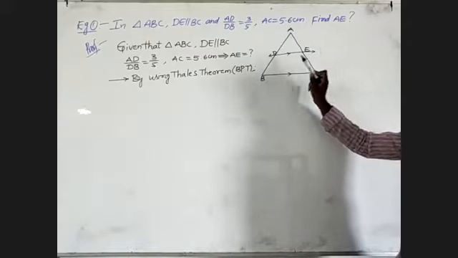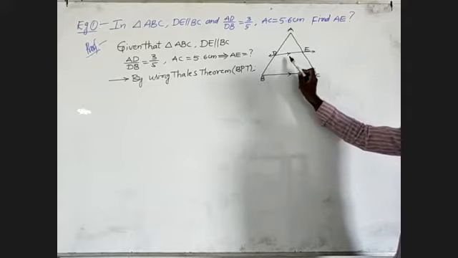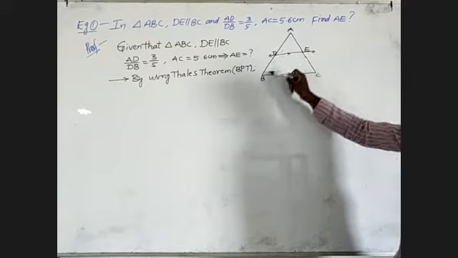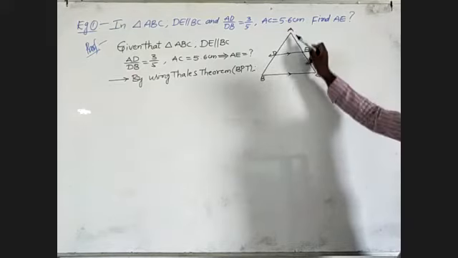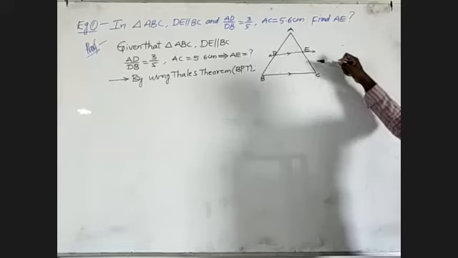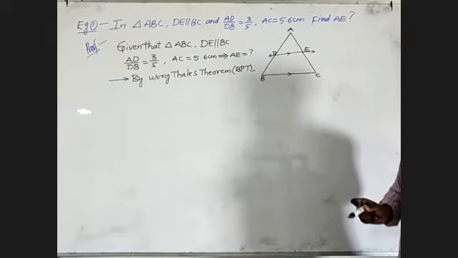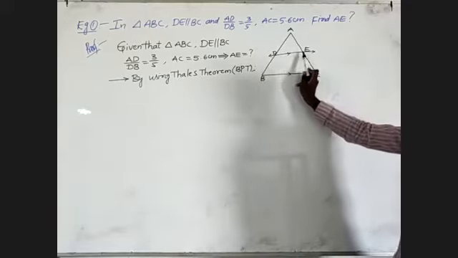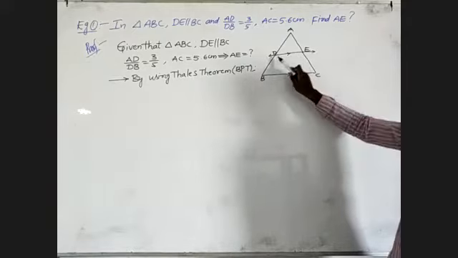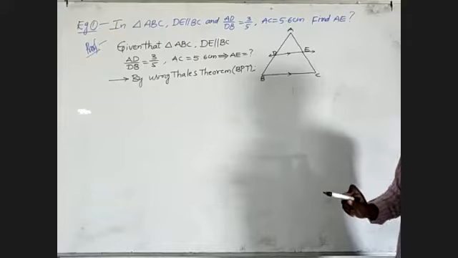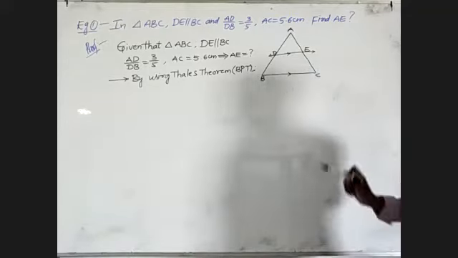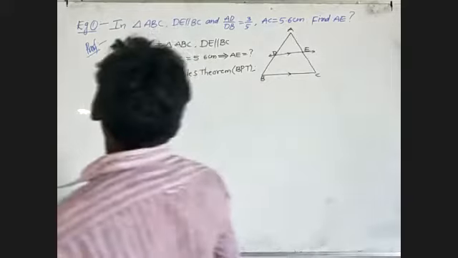If a line is drawn parallel to one side of a triangle, then the remaining two sides, one side will be completed. After that, the remaining two sides will take this one. Then the remaining two sides are divided in two distinct points, then the two sides are divided in the same ratio. This is the given statement of Thales theorem.